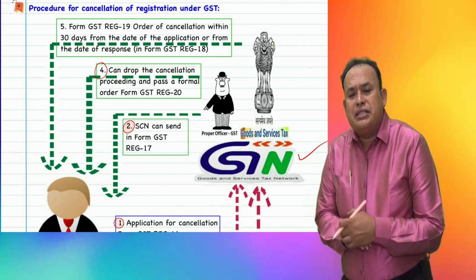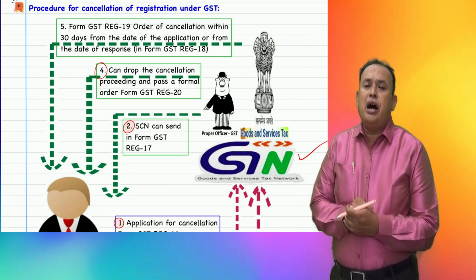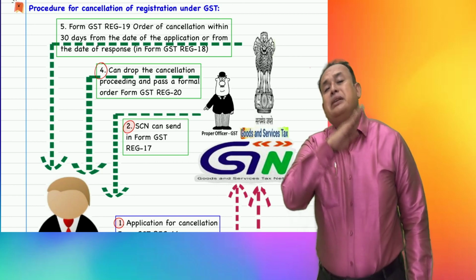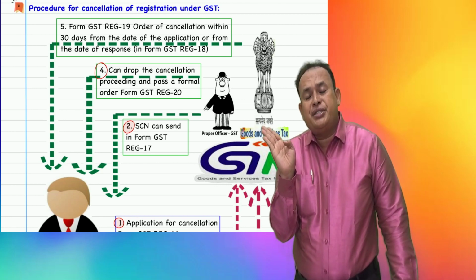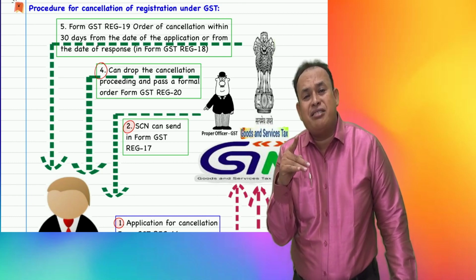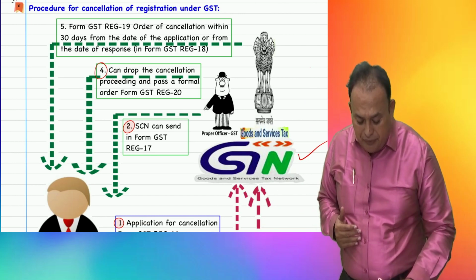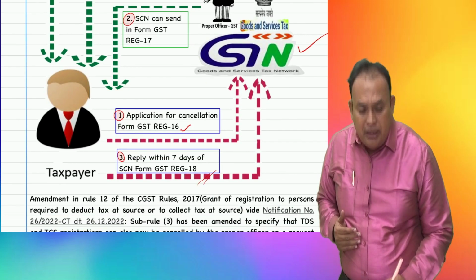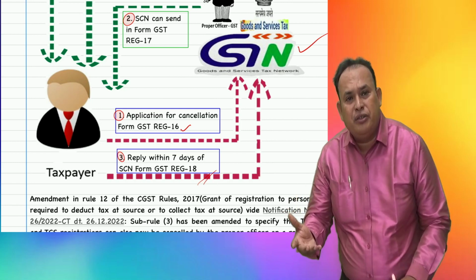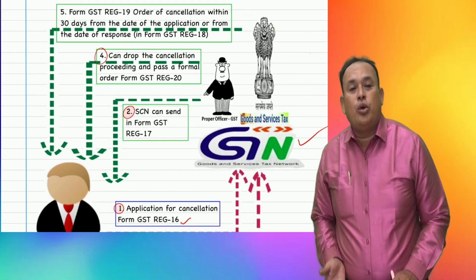The officer can drop the cancellation proceedings and pass a formal order in GST REG 20. What is this? Sir, the department sends the notice in GST REG 17 directly to the taxpayer: please show cause why I should not cancel the registration. I reply to the department within 7 working days in the form GST REG 18: don't cancel my registration, sir. I have my clarifications and I will submit them to your satisfaction. After the department is satisfied that this is a genuine person,